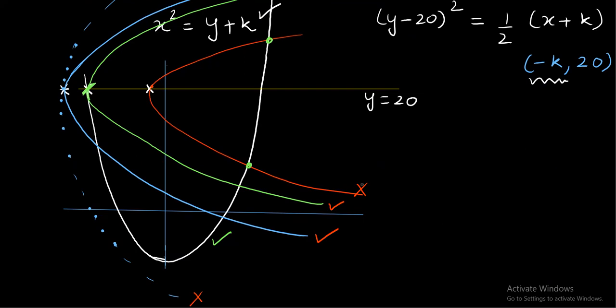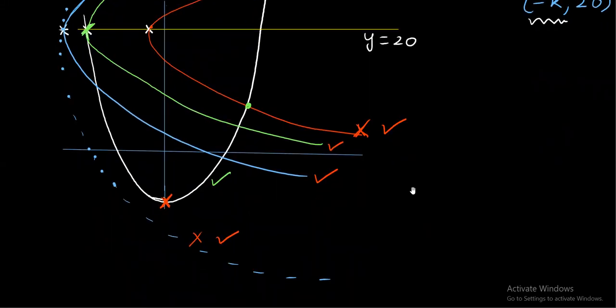सबसे पहले ये वाली condition discard करते हैं red वाली and this blue dotted one. How we are going to discard this blue dotted one? So blue dotted one you are going to get only when... अब देखो, अब इसे ध्यान से देखना because this is how I'm going to use the concept what we have learned for JEE Advanced as well, है ना? तो हम लोग क्या करने जा रहे हैं, आप इस dotted parabola की position को ध्यान से देखो। If you want this dotted parabola to be the answer, then vertex of white parabola must lie inside this parabola, है ना।